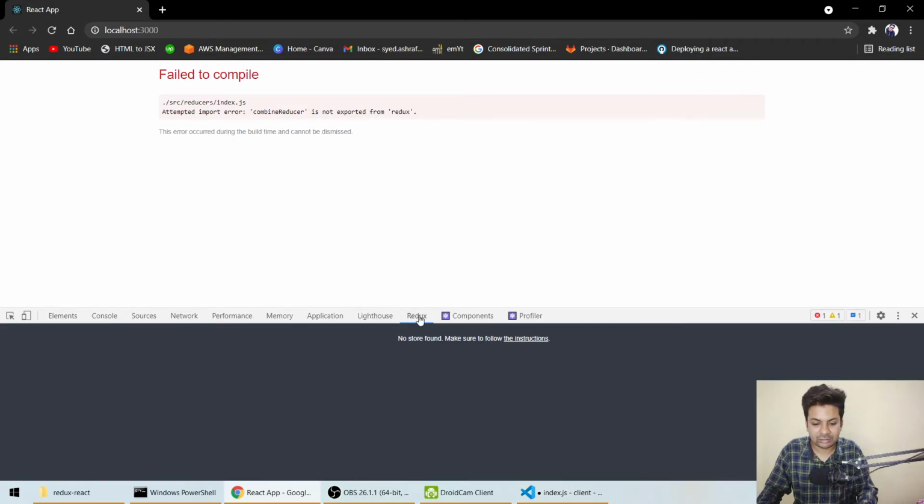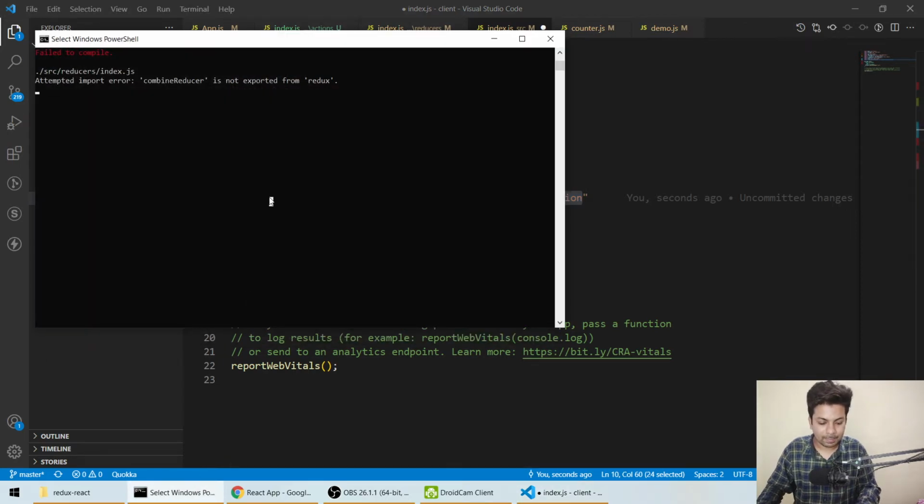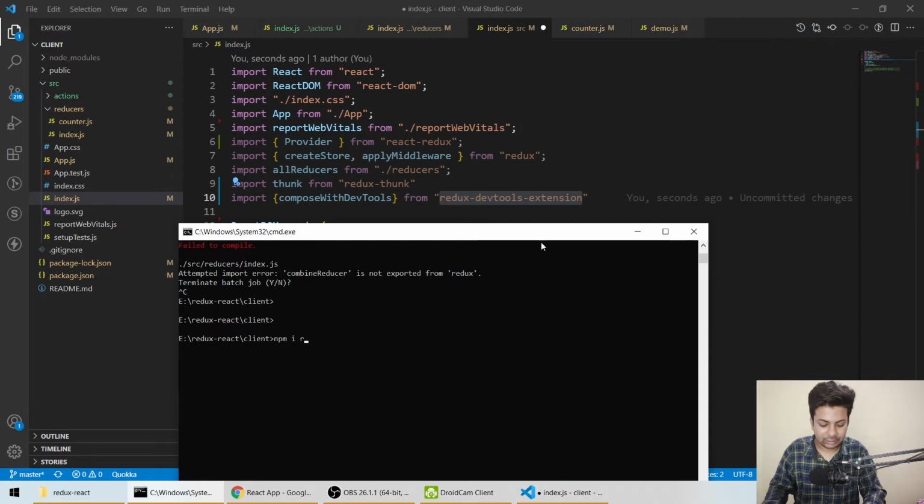If you want to see values changing in the store, we use Redux DevTools. So let me just install it. npm install redux-devtools-extension.